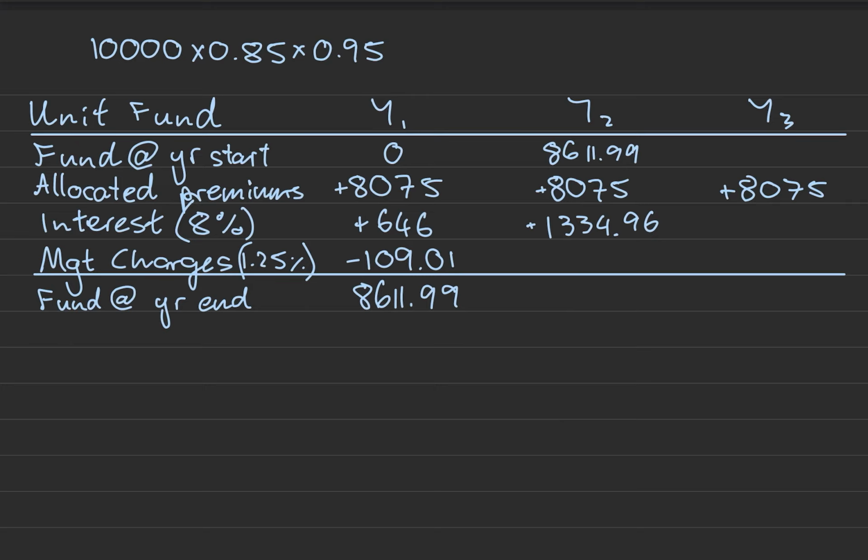And then I have my management charges. So I take that and I multiply that by 0.0125. That's 1.25%, and that gives me 225.27, and that's an outflow. Now I can just tabulate all of these, and what it gives me is